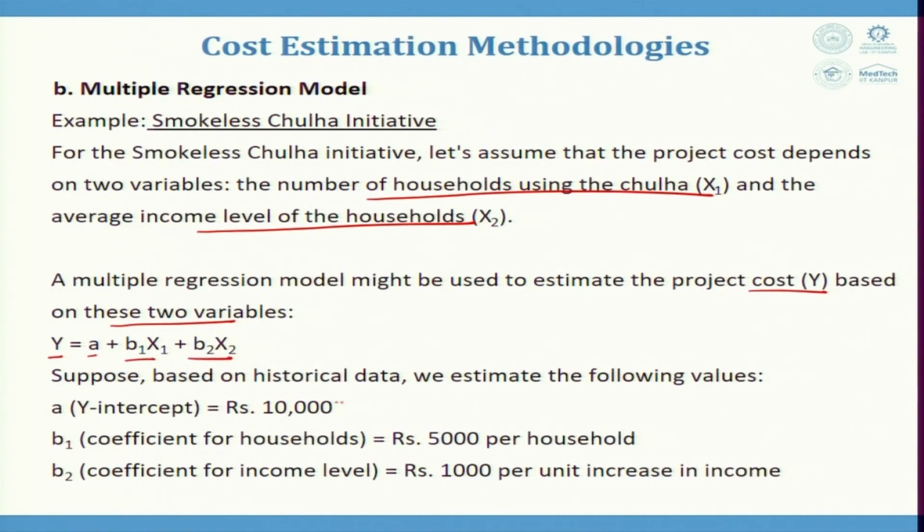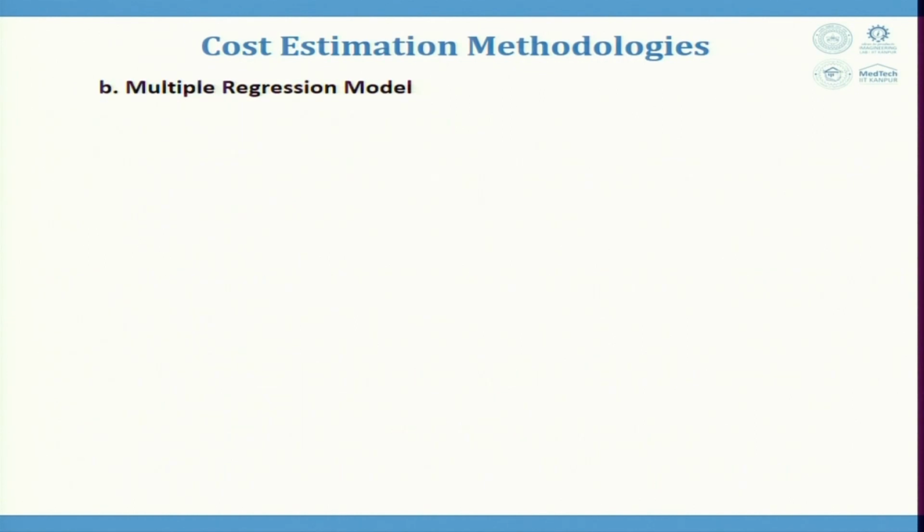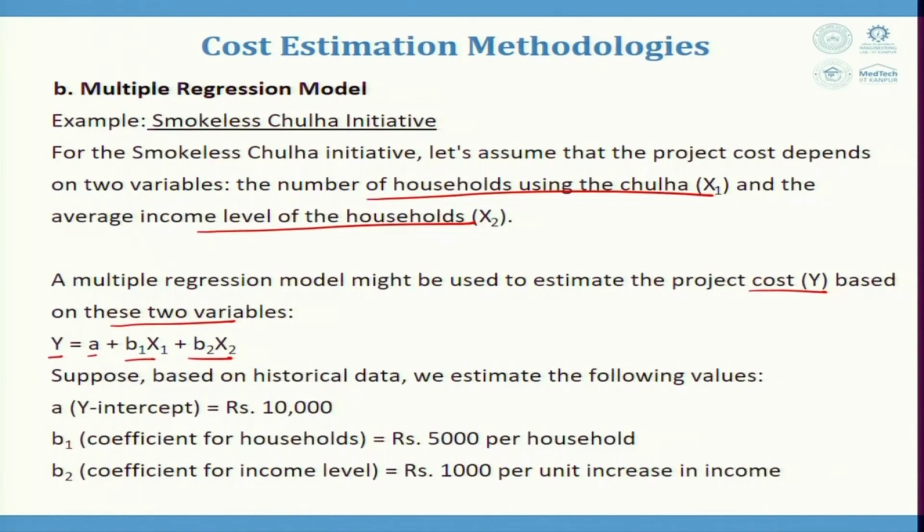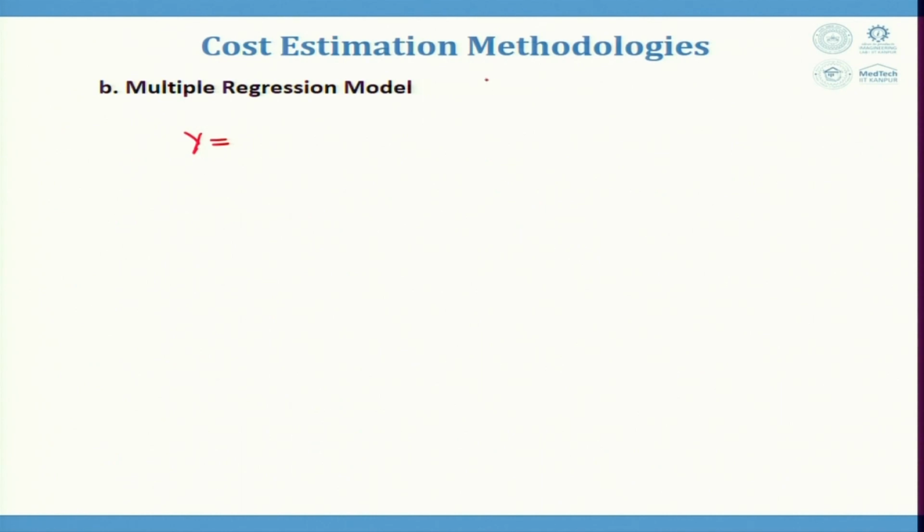Suppose based on historical data we estimate the following values: y intercept is equal to 10,000, b1, the coefficient of household, is rupees 5,000 per household. I am talking about a big size chulha, the cost is very high here. b2, the coefficient for income level, is rupees 1,000 per unit increase in income. Then what would my model look like? So, it would be y is equal to the intercept 10,000, then 5,000 into x1, then 1,000 into x2. Let me say I am making a model for 200 households